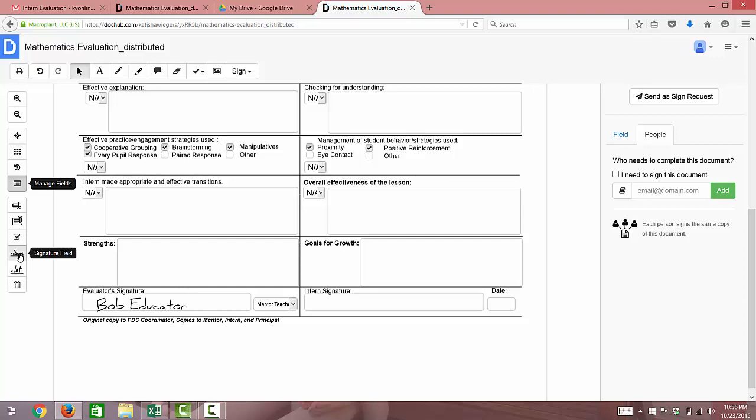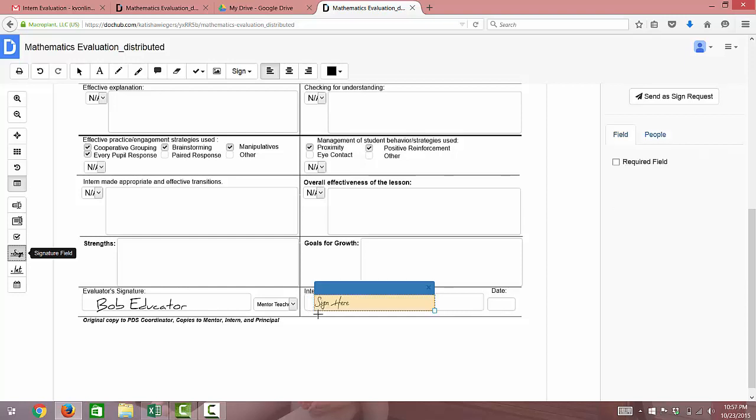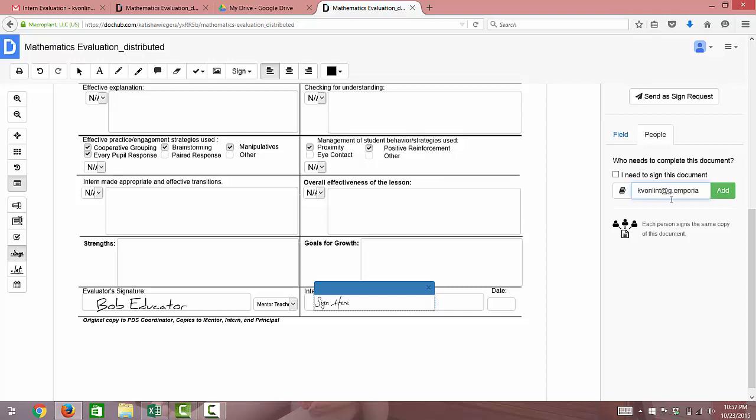So the evaluator will choose Signature Field and then bring the Signature Fields box over to wherever they need the signature, and that would be right here under Intern Signature. So we'll click right there, and it says Sign Here, but you have to assign someone to actually sign that. So this is a required field, and the person that needs to sign it, we need to add here. So we'll type in the email of whoever needs to sign the form